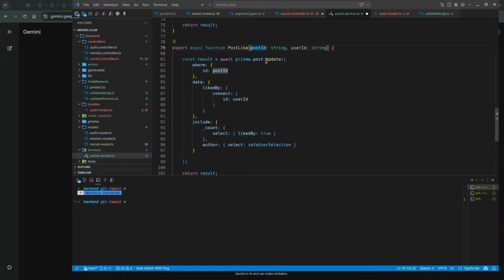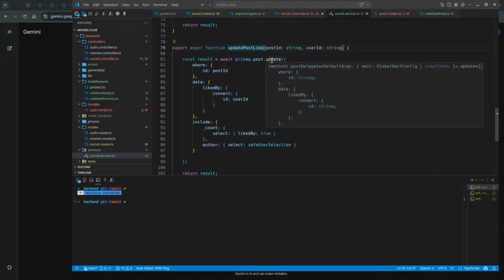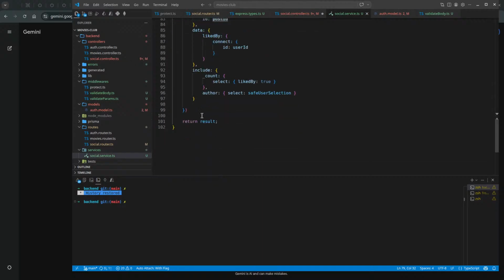So this should not be about the database. Like the name is about the database. He's telling me that the name should be about the business. Okay, so like post is about the business. Like post.